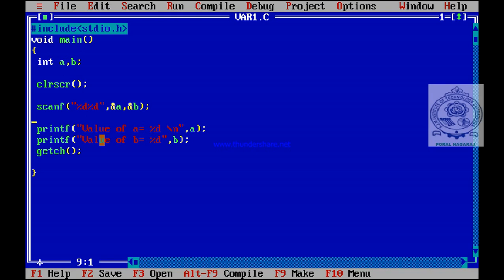Now let us execute this program and see what our output will be. I am going to compile this program, and run this program. So what is the output? You observe the screen here: just a blank screen is displayed, with a blinking cursor. Here it's very important, we will not know what to enter. But actually this cursor is blinking because of the scanf statement. Scanf is an input statement.